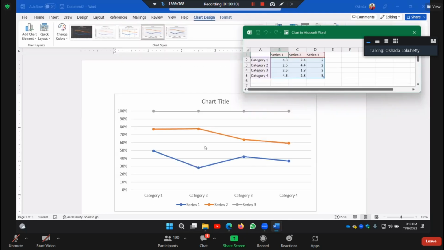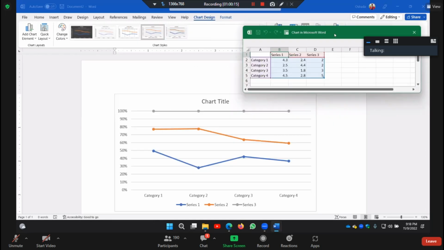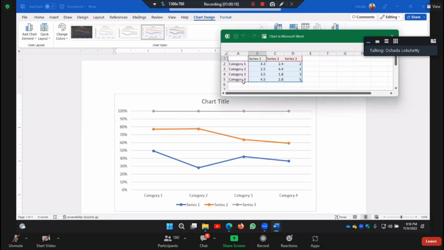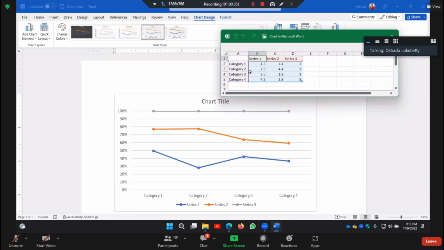This is a chart, right? So we can insert this like this. There are horizontal categories as 2017, 18, 19 likewise, and on this side you have 0 to 5,000 likewise, right? So in these category sections, I'm going to add 2017, 2018,